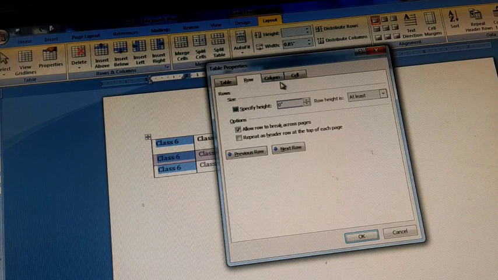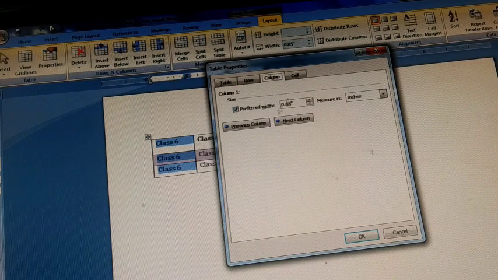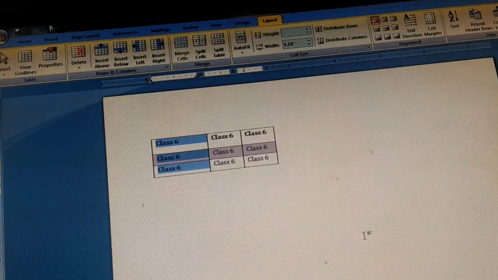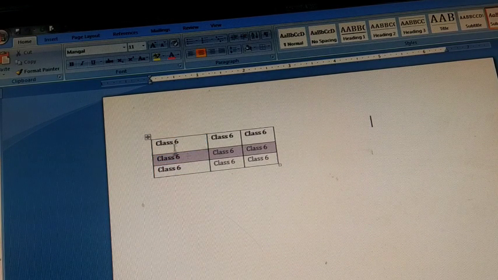In Table Properties, the changes have to be done in the column, so I am going to select the Column tab. After selecting the Column tab, I will specify the width of the column and click on OK. The width of the first column has increased as compared to the second and the third one. So this is how you are going to change the column width and the row height.